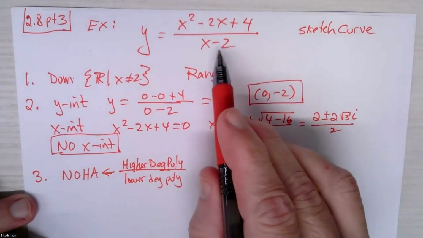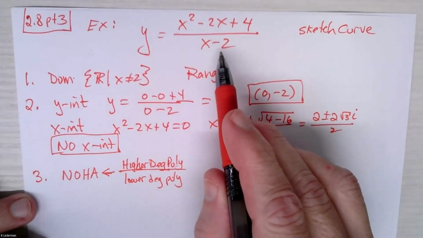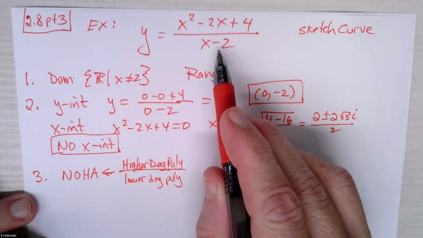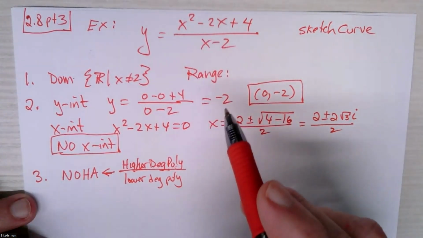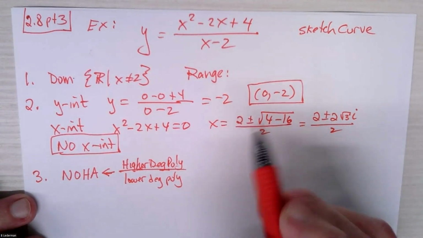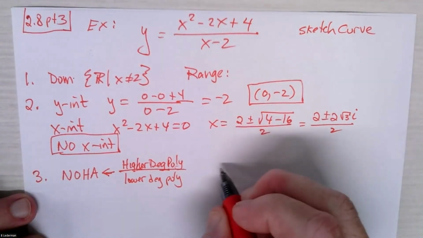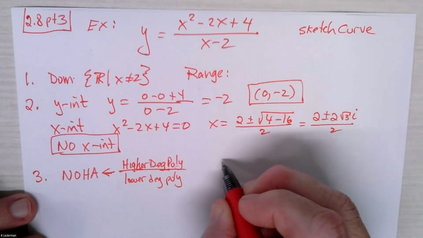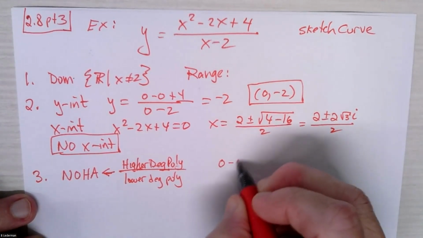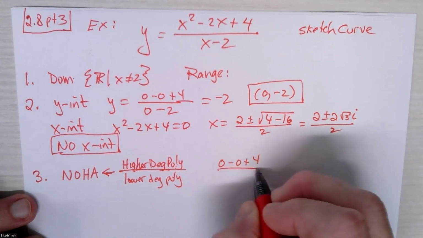As far as the vertical asymptote, that's simple. That's just x equals 2. Making the bottom equal to 0 gives x equals 2, but the top will not equal 0. So that means there's a vertical asymptote at x equals 2. In other words, if I would plug in 0, I would get 0 minus 0 plus 4 over